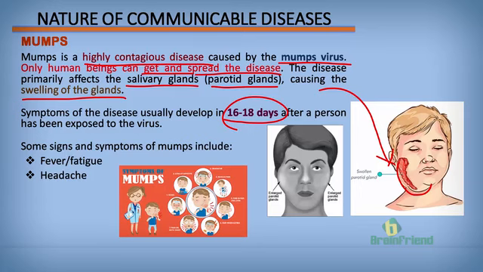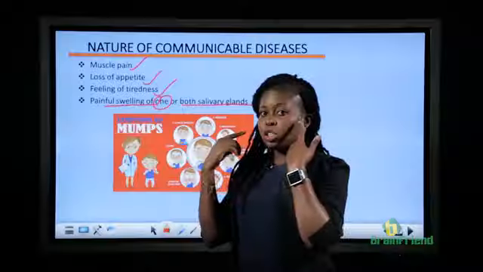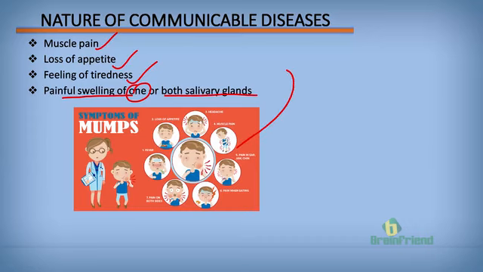Let us look at some signs and symptoms of mumps. These include fatigue and fever, headache. We have muscle pains, loss of appetite, feeling of tiredness, painful swelling of one or both salivary glands. So if both salivary glands are swollen, we see that the person will have double swells on both sides of the chin. So here we have a summary of the signs and symptoms of the mumps virus: muscle pain,